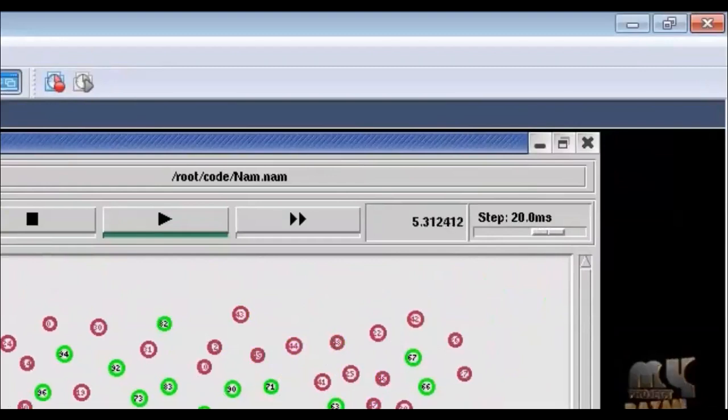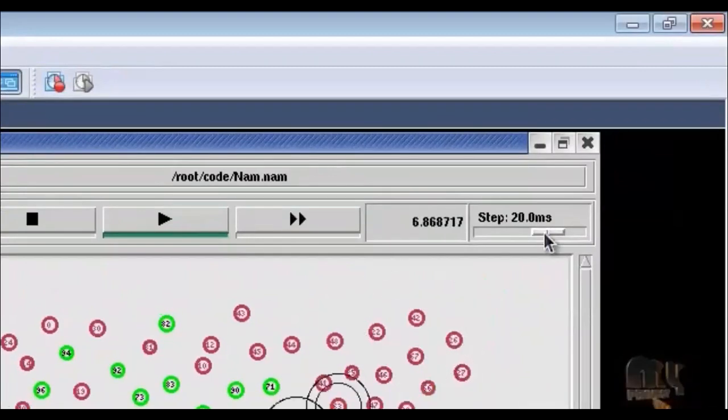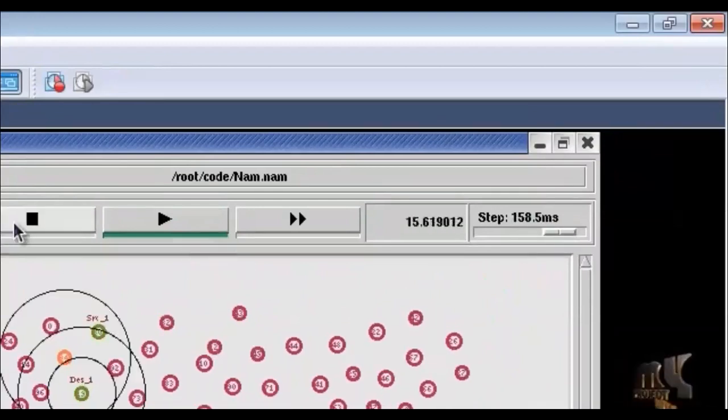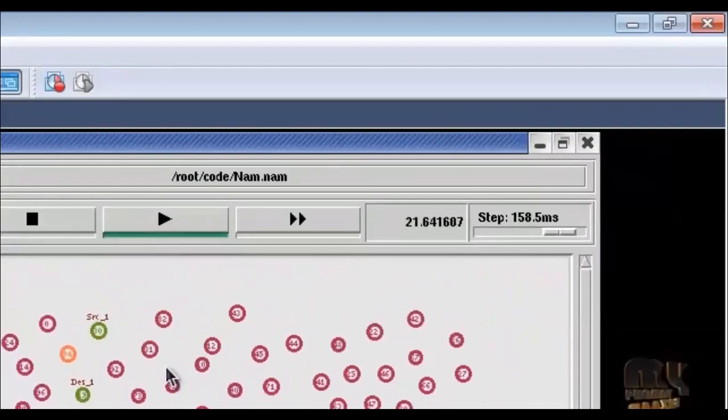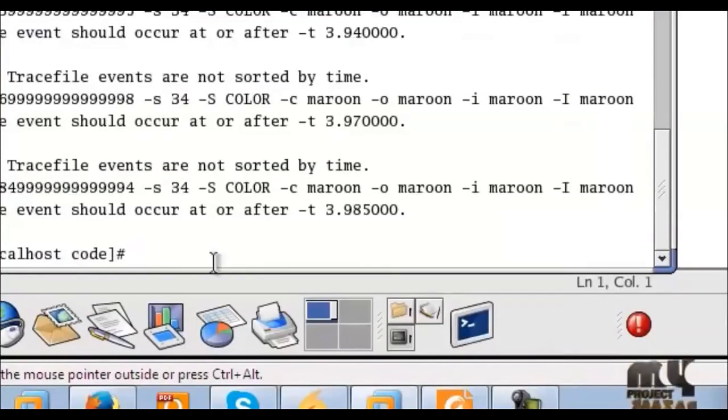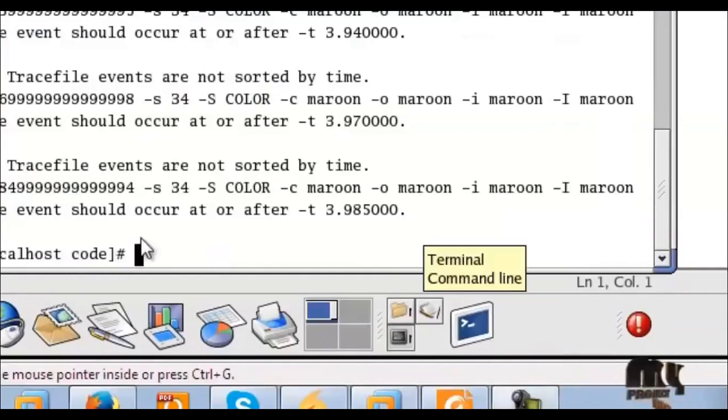Find all the neighbor node. This is a source node, this is a destination node. Now see the graph.